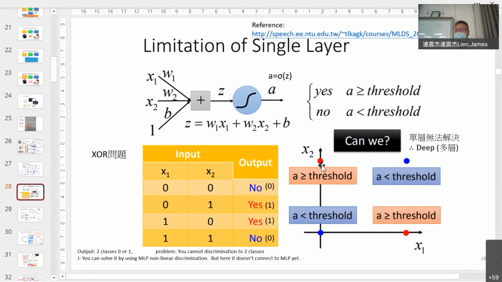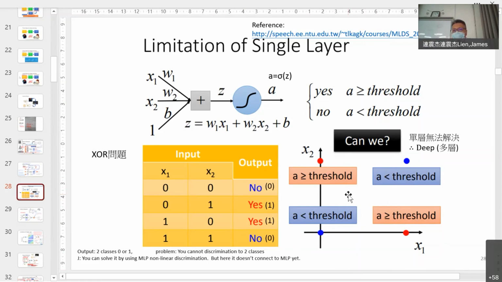So how can you separate or discriminate red from blue? 你怎么把红色跟蓝色这2类分开？If you use a linear discrimination, 你怎么切都切不开。这4点你要分成2类，切不开。如果我不要 activation function，只用 linear 切不开。那怎么办？If you think about before, if you do the PCA and LDA, that's reduce the dimension and separation.